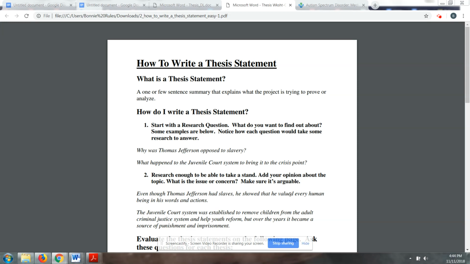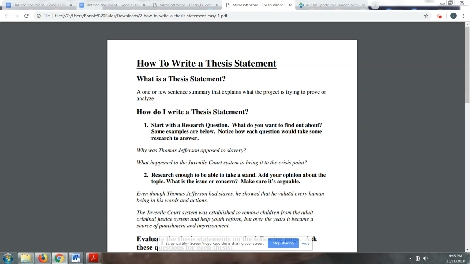So one way to think about this is, what do you want your audience to believe by the end of this essay? That's what your thesis should convey. Now, I'm going to be showing you this worksheet and one other one. I will not be providing you links to these because some of the examples aren't great, but I want to use these to talk about what makes a strong thesis or what makes a weak thesis. So we're going to go through the process of how to make a thesis statement and then what to do with it once we have it.